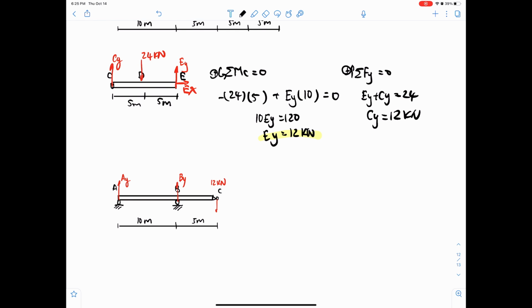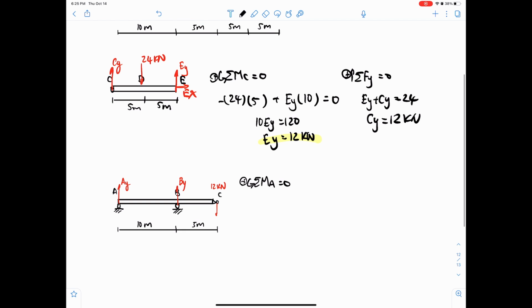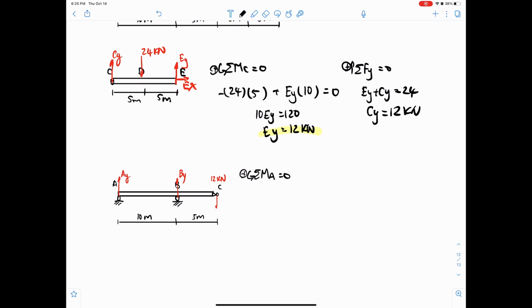Now I'll just solve for BY, because that is the easiest. Actually, it's the same, but we can just solve for BY. All right, so by taking a sum of moments around A, setting counterclockwise equals positive, and that equals 0, we find that AY, we don't need it. BY, so this 10 BY, and this wants to rotate it counterclockwise, so it's positive, minus